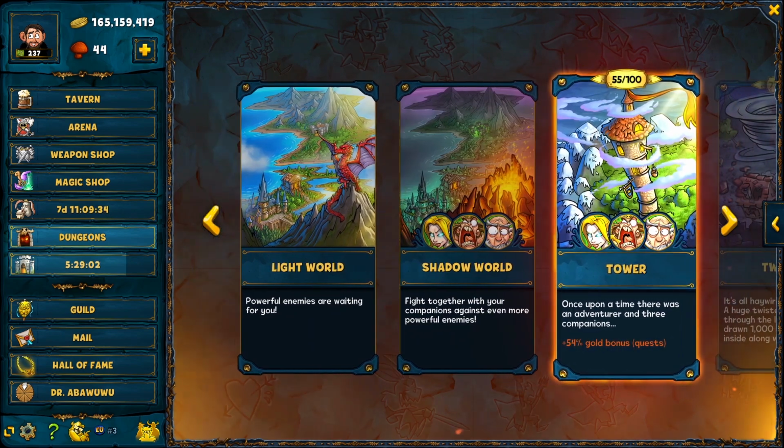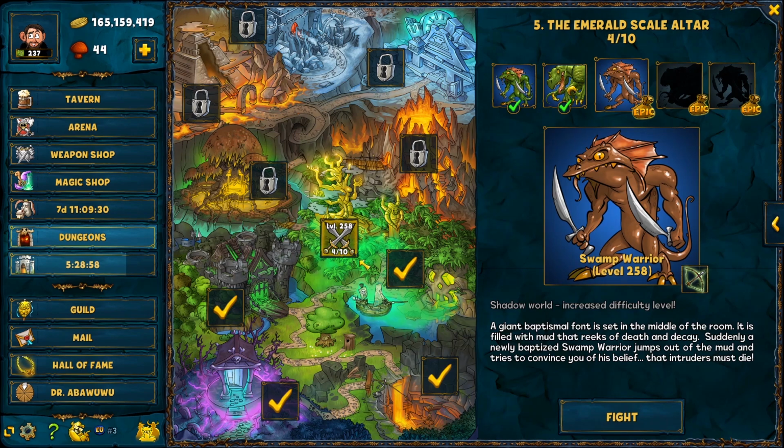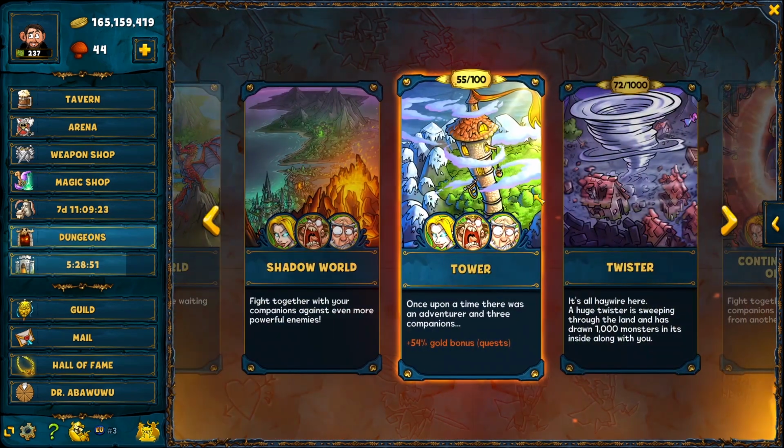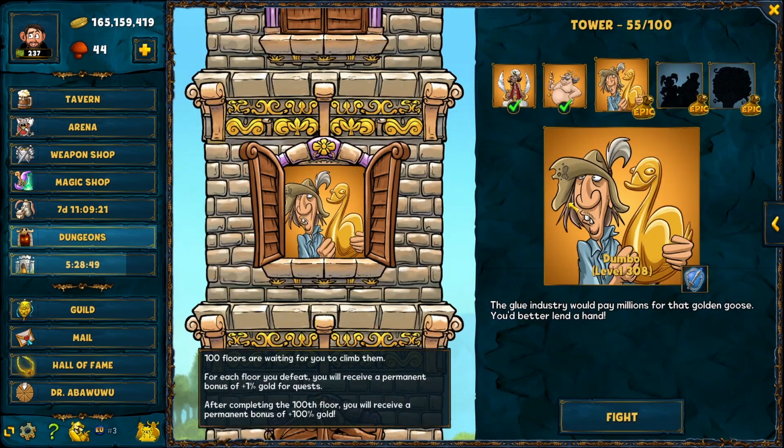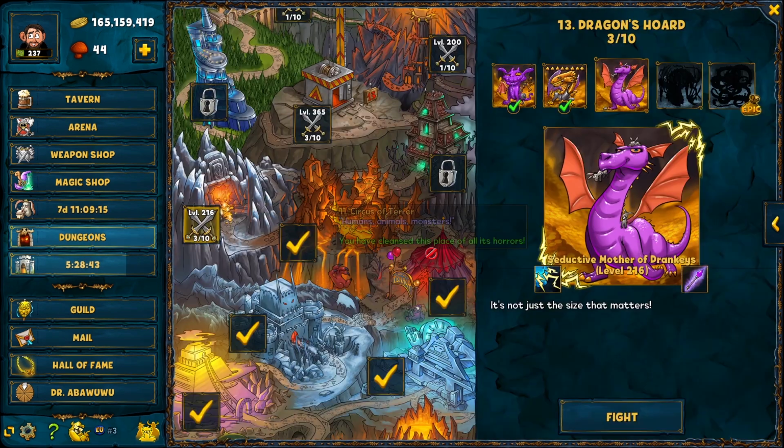We are at level 55 of the tower. I have been trying to push the shadow dungeons, and it's going okay. But at the same time, I'm pushing the tower itself, because the chance of us winning in the tower is like 75% or similar. And the last but not least thing